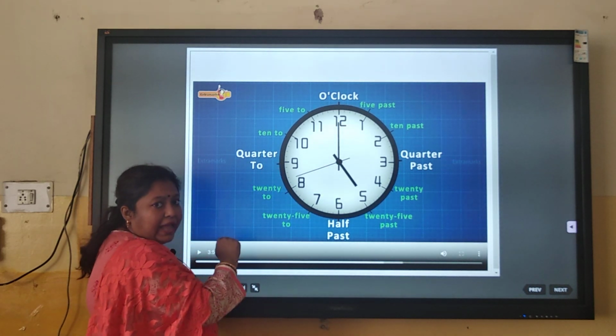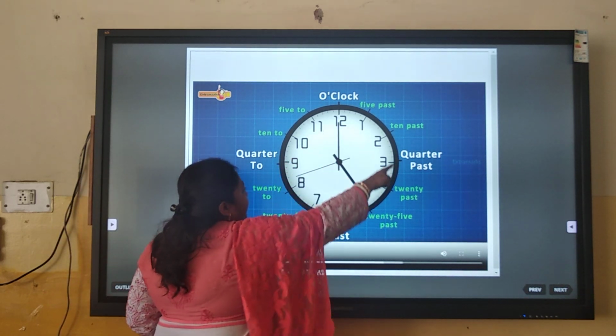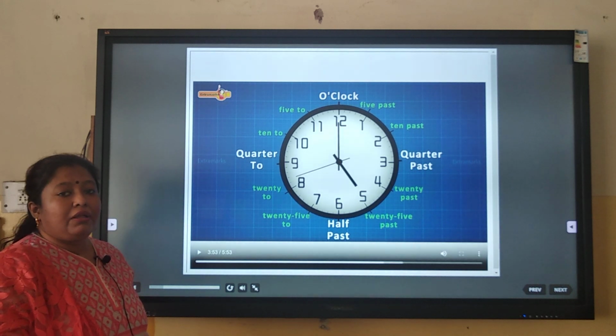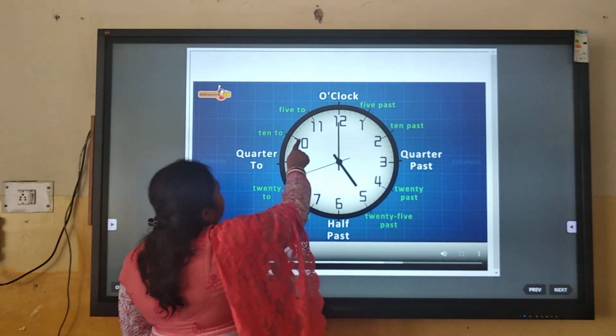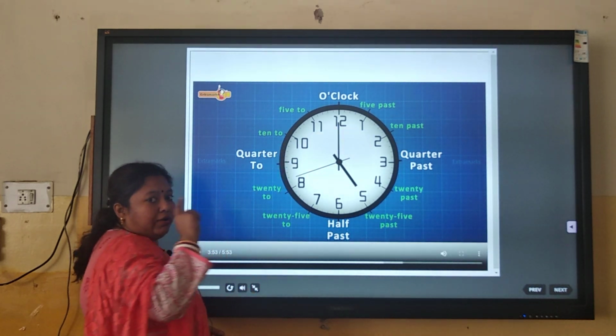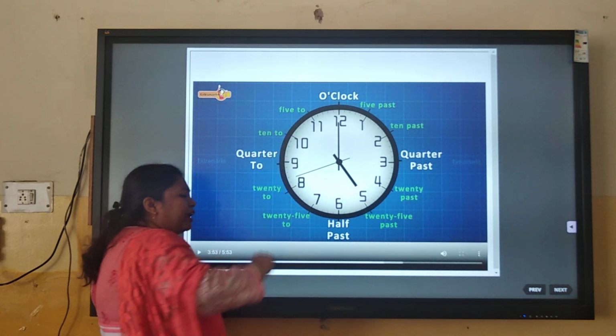Quarter to is 9, or we can say 45 minutes, because the minute hand covers 45 minutes when it is on 9. In the same way, 10 will be 10 to or 50, and 11 will be 5 to